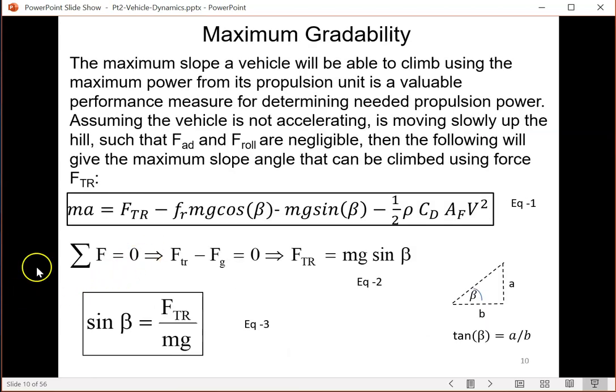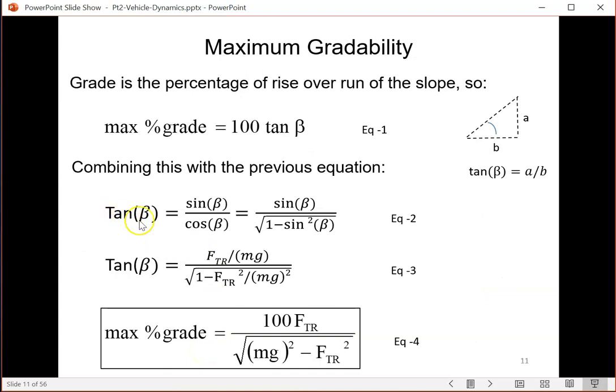Now, sine beta equals FTR over mg. So I've actually converted tangent beta into a function of sine beta purely because I know what sine beta is. So substitute sine beta with FTR over mg in equation 3. Substitute this sine square with FTR over mg, squared. This equation number 3 times 100 will give you the maximum gradability